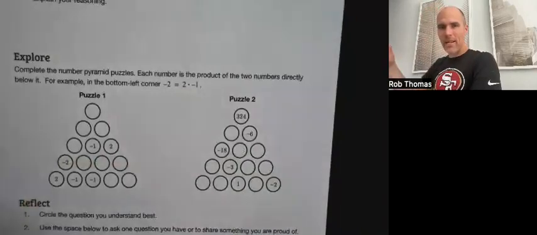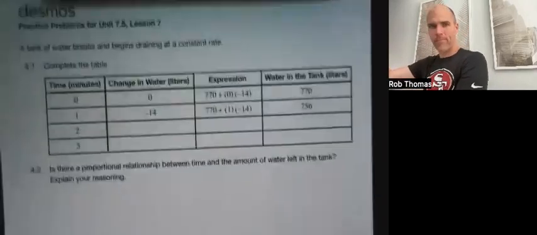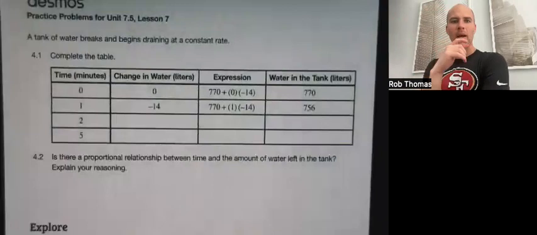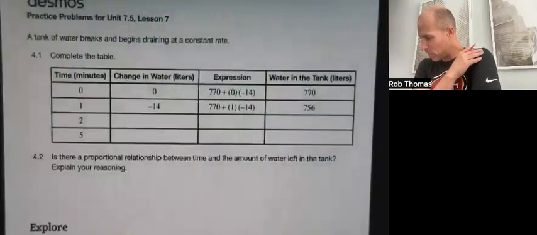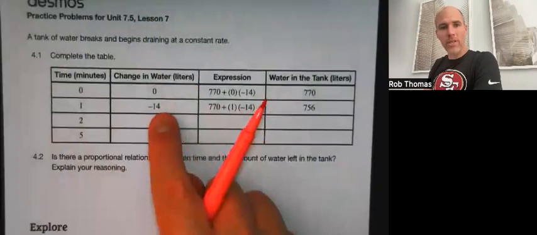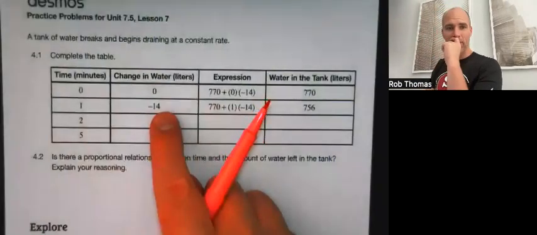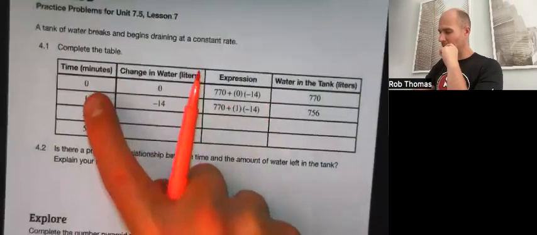What do we got? A tank of water. Let me scoot this up. A tank of water breaks and begins draining at a constant rate. Complete the table. Okay. Well, it looks like it's losing 14 liters every minute, because at 0